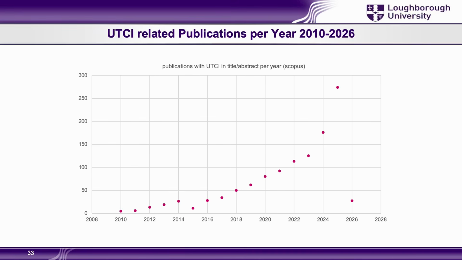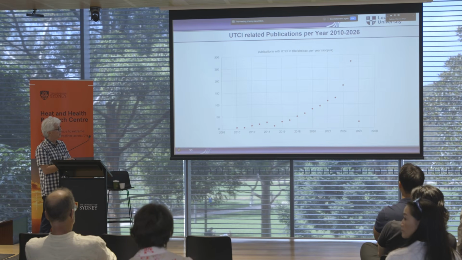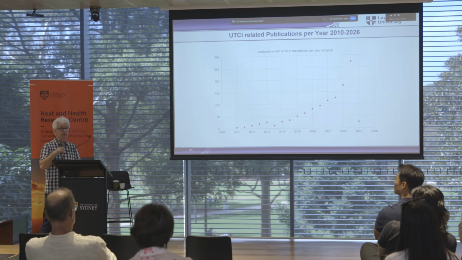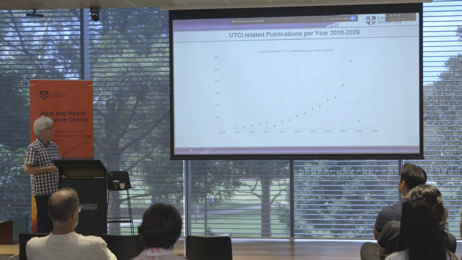When we produced this, there was a bunch of publications on this, I think roughly in 2012, that all the members of the committee wrote for the different aspects. Has it been used? And yes, I was always quite surprised, especially in the last couple of years. So you see this is between 250 and 300 publications in 2025, which have UTCI either in the title or in the abstract. So that's a good indication that it's been used a lot.